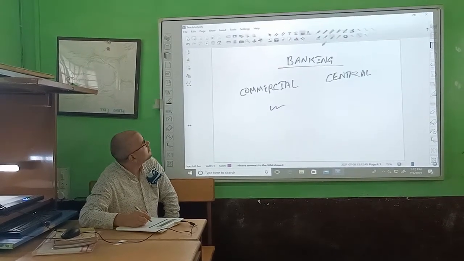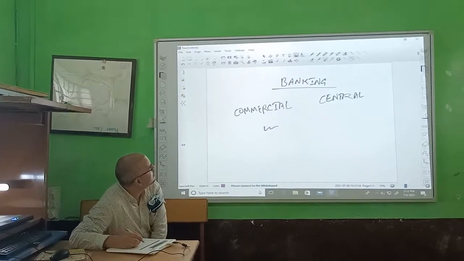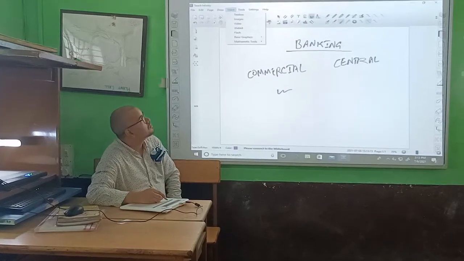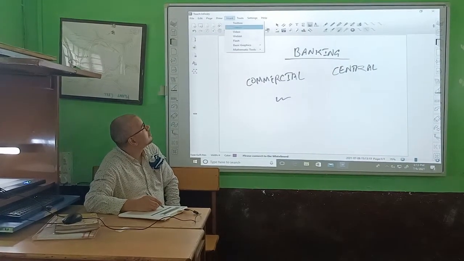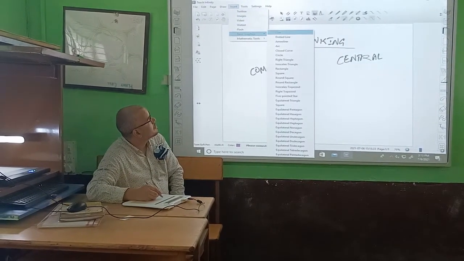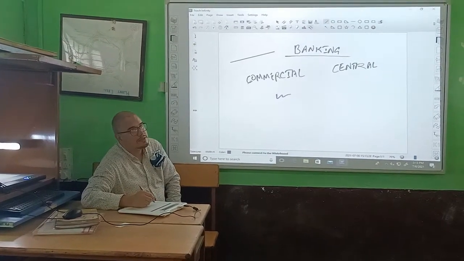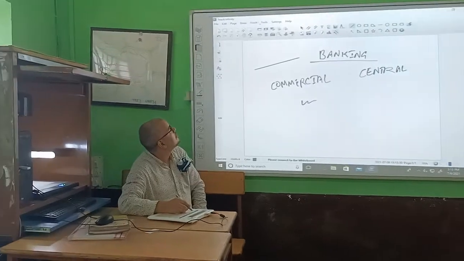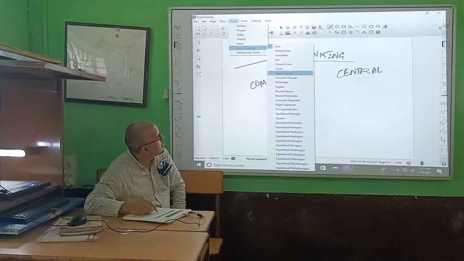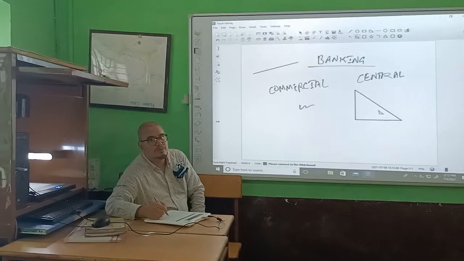Now apart from that, in the insert portion you can insert a text box, you can import images, videos as well. Not only that, you can import graphics like line, dotted line. Let's take line, then we can draw a line over here like this directly. In the similar way, if you want to draw an arc or a right triangle, let's say, you can draw directly. So less time will be consumed.